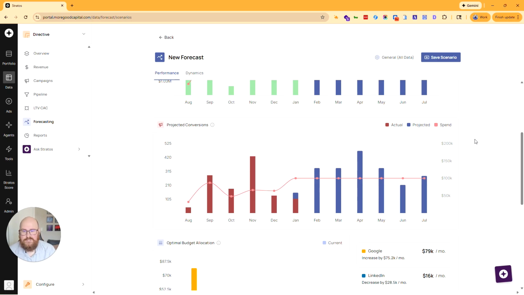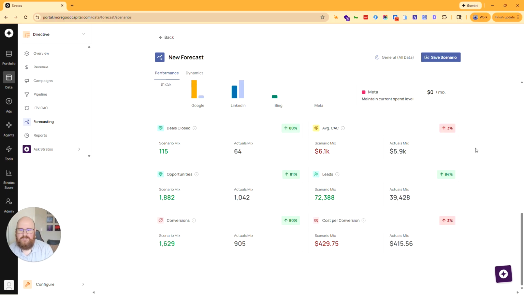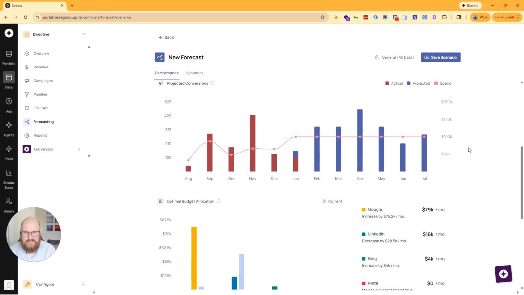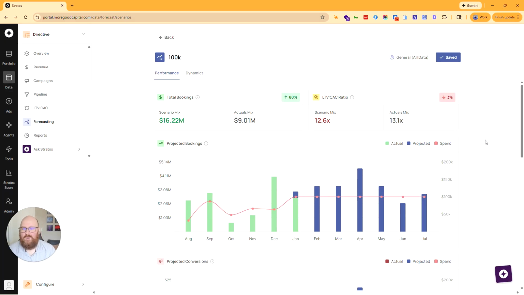It'll actually give us conversions by month, and we'll get into why it believes that. So we can forecast not just what will happen, but when it will happen. We'll also understand where the optimal budget allocation is on a channel by channel basis. And that's going into our historical data to understand which channels are really hitting, which channels hit the most in certain seasons, things like that. And we can go even deeper down the funnel to understand, well, what does this mean for opportunities, for deals closed, for leads, our average customer acquisition cost, all of those things. The coolest thing is that we can save this and we can say, you know what, this is my 100K scenario. And I'm going to go back to the scenario whenever I want to pull this up.